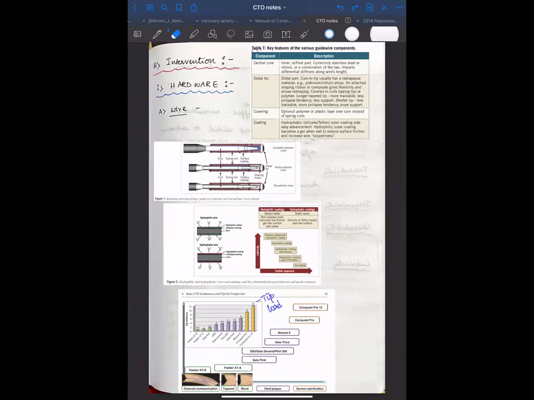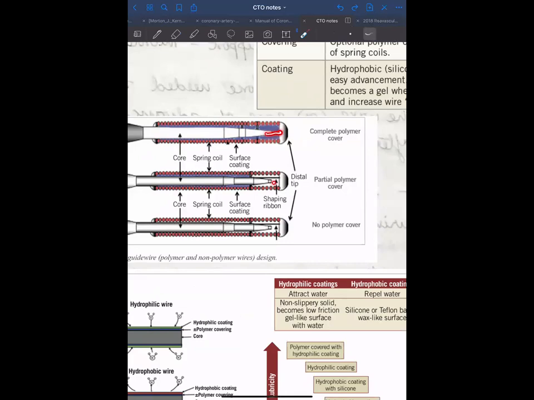Okay. This is no ribbon. Which one? The blue one. This one they have given is core to tip here, just as an example. This will in fact go all the way till here. But actually here there is a definite gap with the shaping ribbon on the side. Yeah, here.